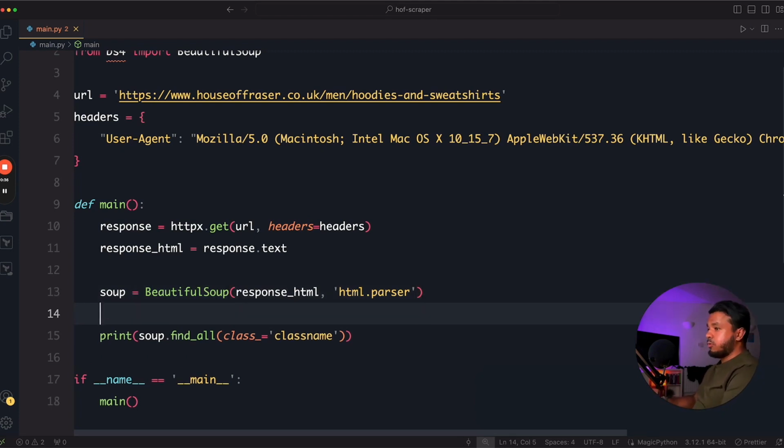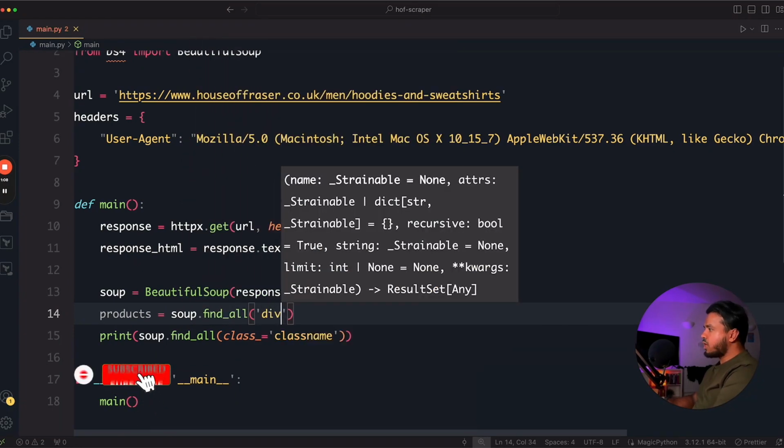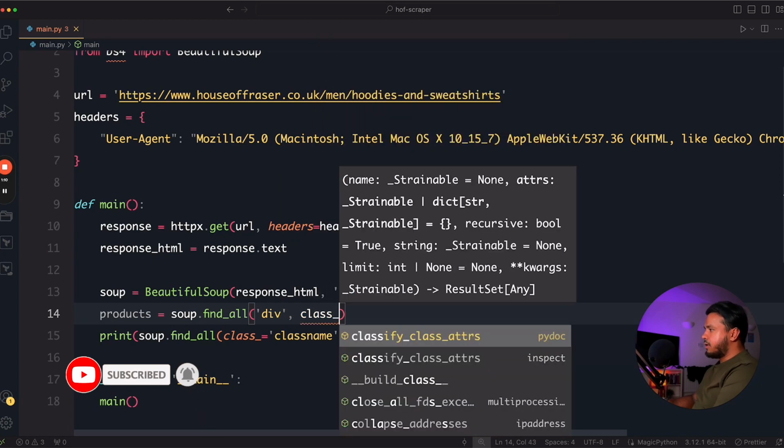So the first thing is we want to extract all of the products. There were hoodies and sweatshirts, all of the products on that web page. If you remember, each one of those was contained in a div container, and each one had a class name. If I remember correctly, it was s-product thumbbox, right? So what we're going to do is find all the products on the page that had that class. We can do that by typing, I'll set it equal to products, and we'll type soup.find_all div, followed by this class